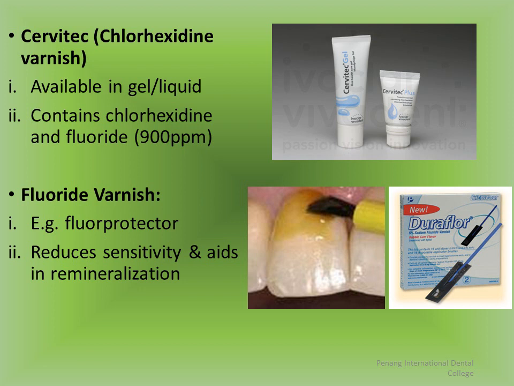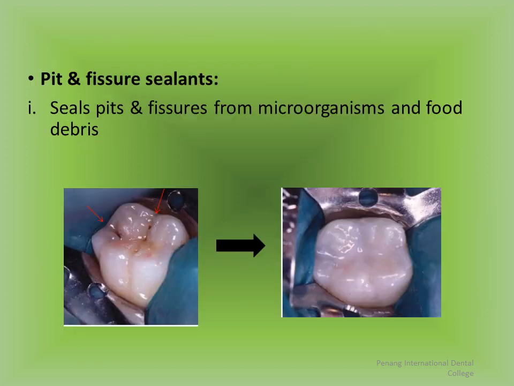Fluoride varnish, of course, this is what we generally apply for patients after one round of oral prophylaxis if we feel that the patient may be heading towards an early caries attack. So to prevent it, we apply our fluoride varnish, that is your Fluor Protector. And this, of course, is the pit and fissure sealants. So this is what, like I said, we starve the bacteria to death by cutting off its source of nutrition in the oral environment. So this was the prevention side for now.